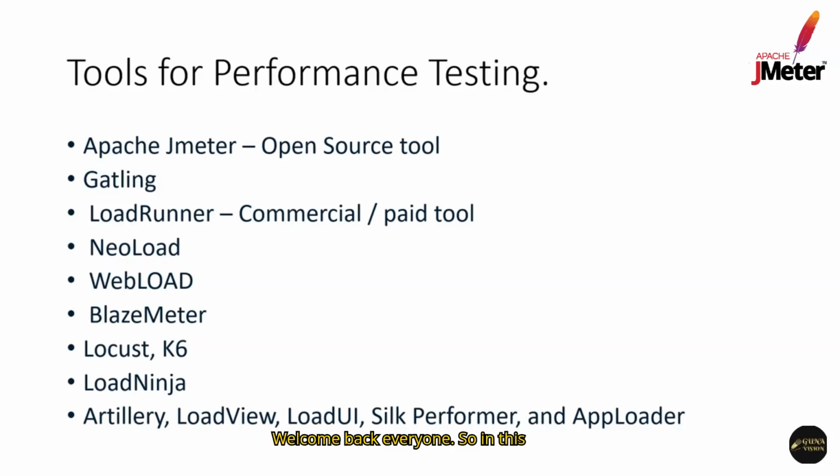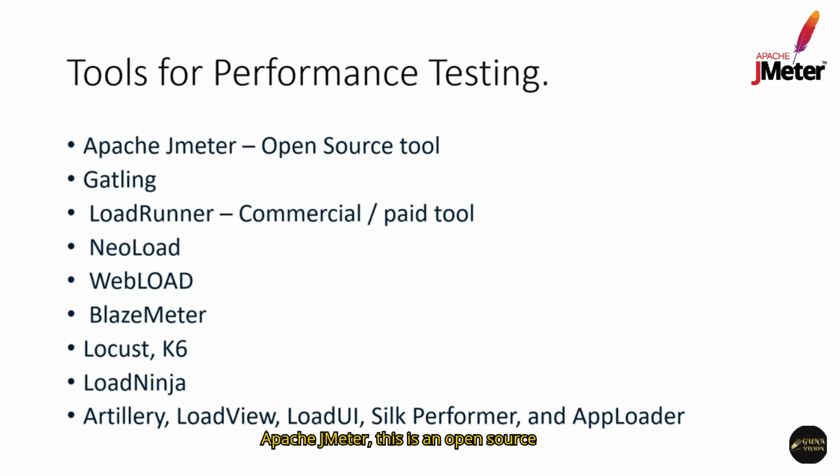Welcome back everyone. In this video I'm going to tell you about the tools of performance testing and why Apache JMeter is used mostly over other automation tools for performance testing. There are many automation tools available in the market to do performance testing, like Apache JMeter, Gatling, LoadRunner, NeoLoad, WebLoad, BlazeMeter, Locust, K6, LoadNinja, Artillery, LoadView, LoadUI, SmartMeter, and AppLoader. So there are so many tools available, but